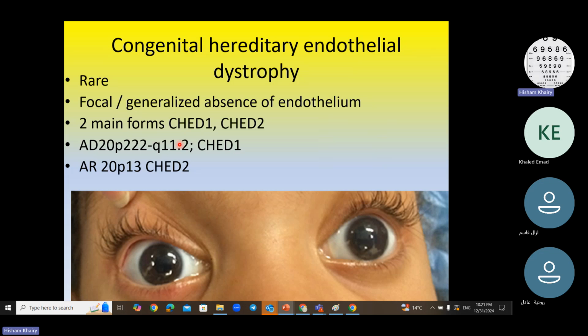Two main forms, type 1 and type 2. Type 1 has been associated with being autosomal dominant with chromosome 20 short arm location, 222, or the long arm location 11.2. With the autosomal recessive, it has been associated to chromosome 20, short arm, location 13, with type 2 congenital hereditary endothelial dystrophy. As you see the child here,